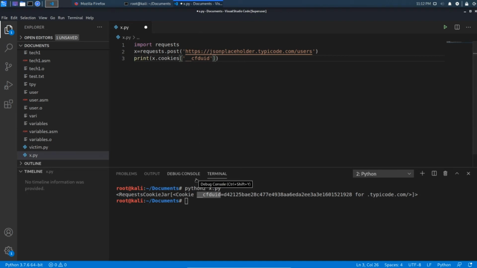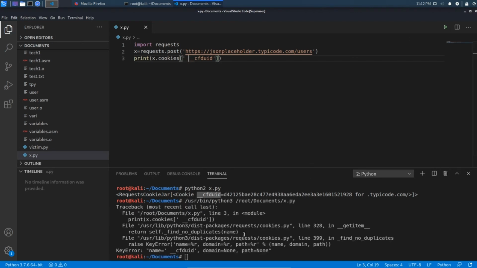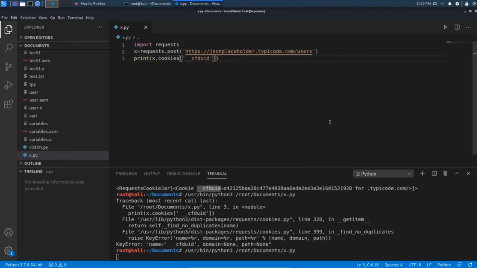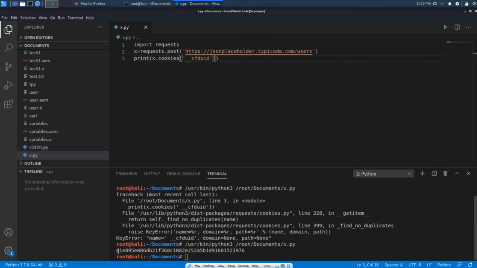I think there is a space in between. Okay, let me run the program. Okay, I think this was a space error. See, here we got our cookie ID, CFD UID, in a successful way.